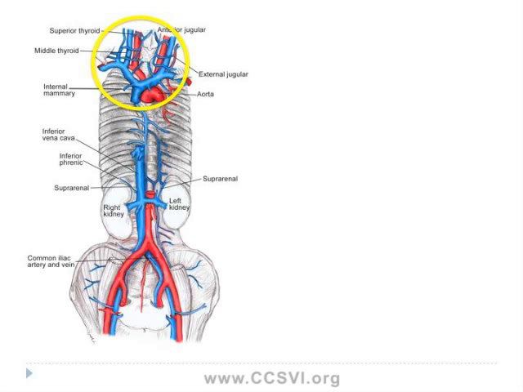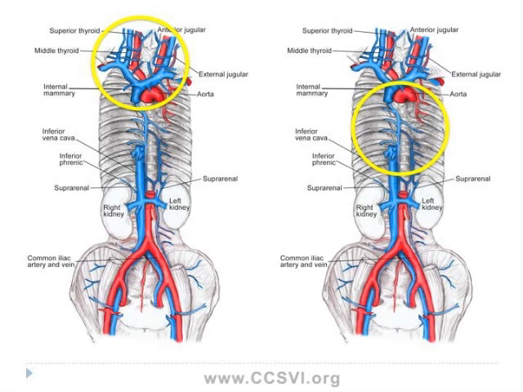We're also looking at a vein that no one's heard about, a vein called the azygos vein, which is kind of right here in the yellow circle there, and it's one of the veins that are principally responsible for ultimately draining blood from the spine and the spinal cord. And so that's why we're focusing on those veins. They're the veins that are really responsible for bringing blood from the brain and the spine.